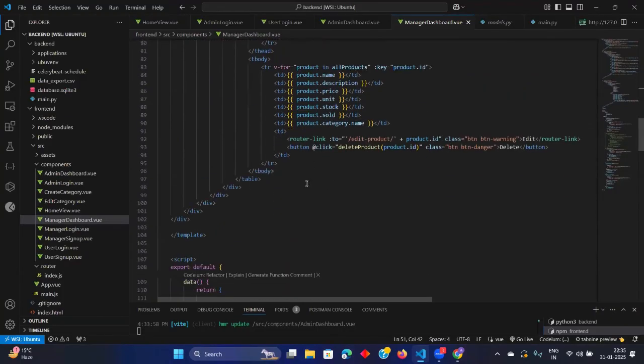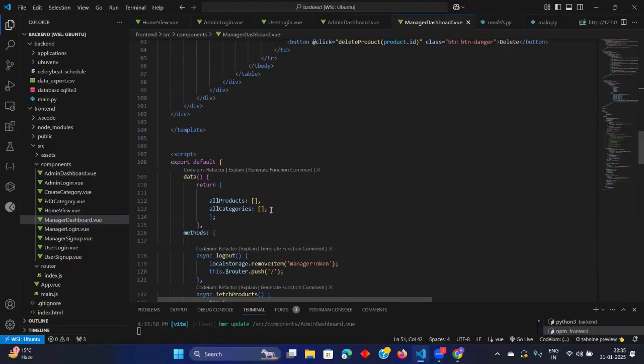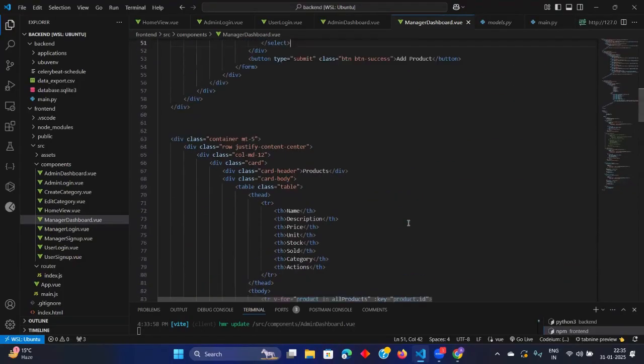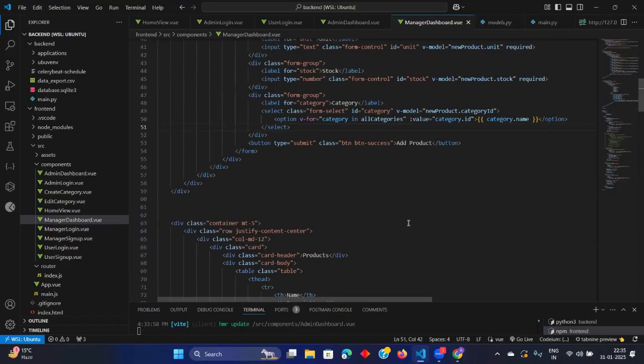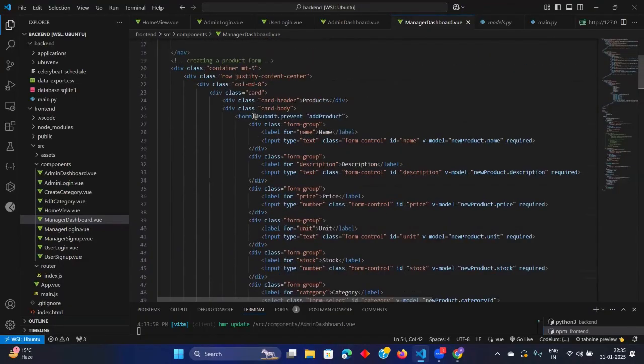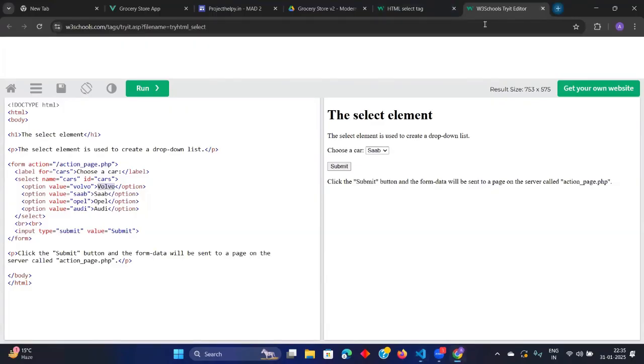I know you are confused by this. Let us first make it work, then we will move on. One thing I want: at the rate button at the rate click and one submit prevent. It is used basically for forms. It will prevent the submit of the form. And whenever we click on the submit button, it will invoke this function. This is a Vue thing. Okay, let me show you this submit.